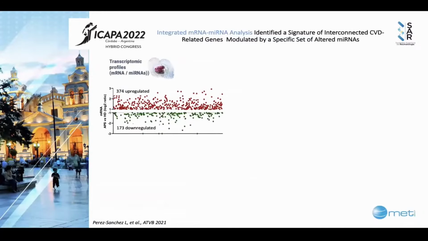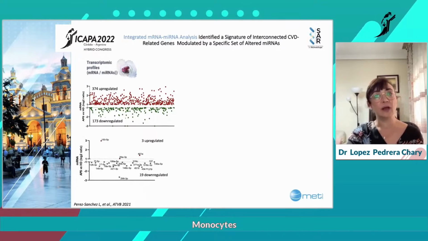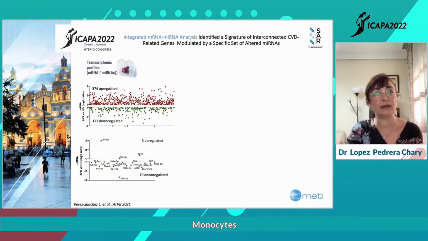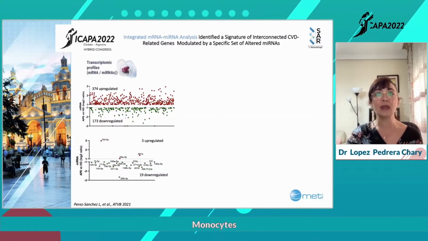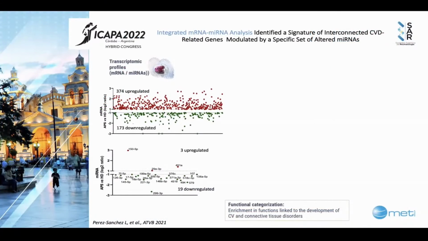The study of the gene profile in monocytes allowed us to identify 547 altered genes in monocytes from patients with primary antiphospholipid syndrome in comparison with healthy donors. In the same exploratory cohort, we analyzed the microRNA profile in monocytes by using NanoString technologies. The results of this analysis show that 22 microRNAs were found differentially expressed in monocytes, including 3 upregulated and 19 downregulated. Functional classification of those altered genes and microRNAs showed an enrichment in functions linked to development of cardiovascular and